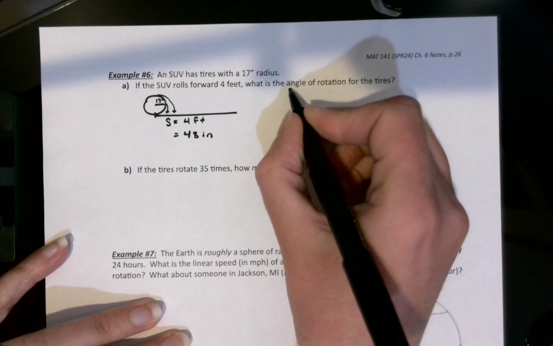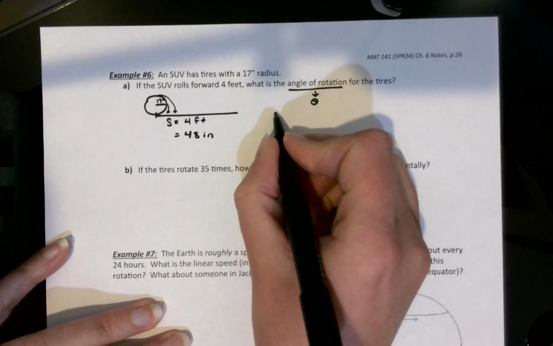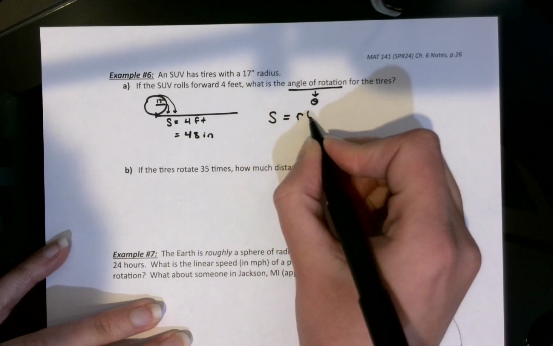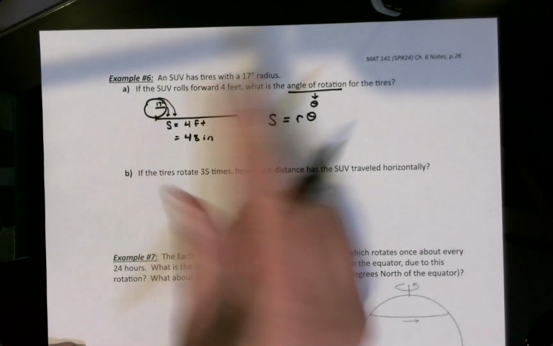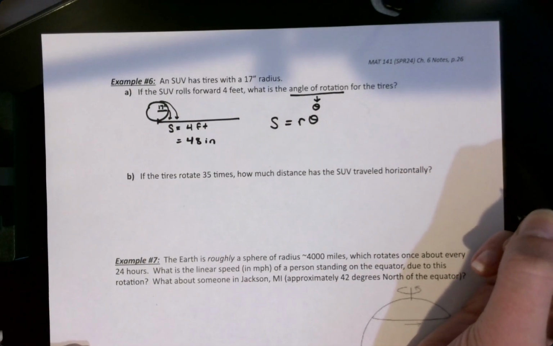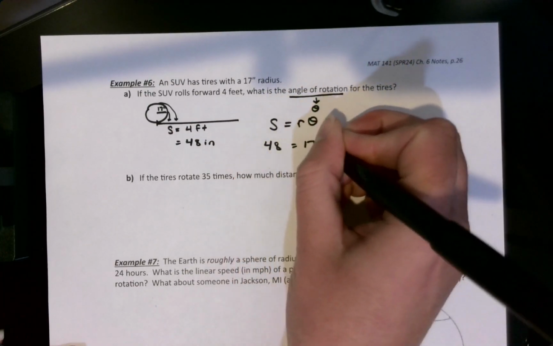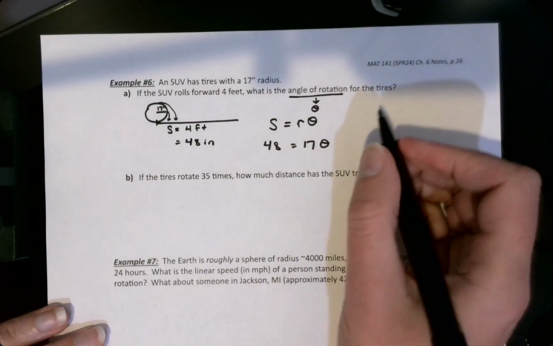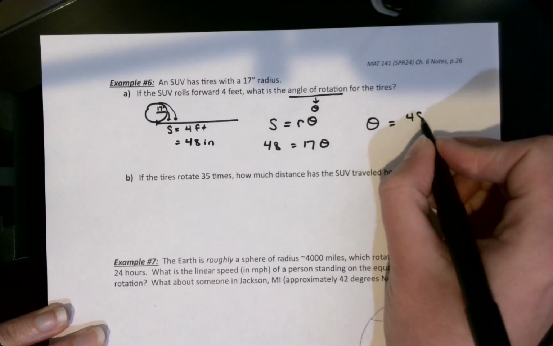And if I want to know the angle of rotation, I know that S, arc length, is equal to R, radius, times theta, angle in radian measure. So I'm trying to figure out what theta is after knowing that the radius is 17 and the arc length is 48. So 48 equals 17 theta. I'm going to divide both sides by 17. Theta is equal to 48/17,